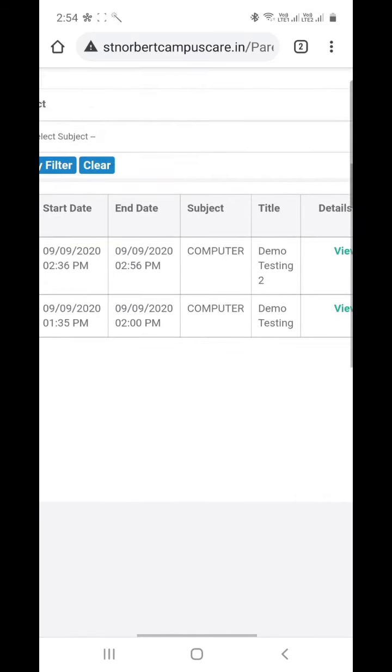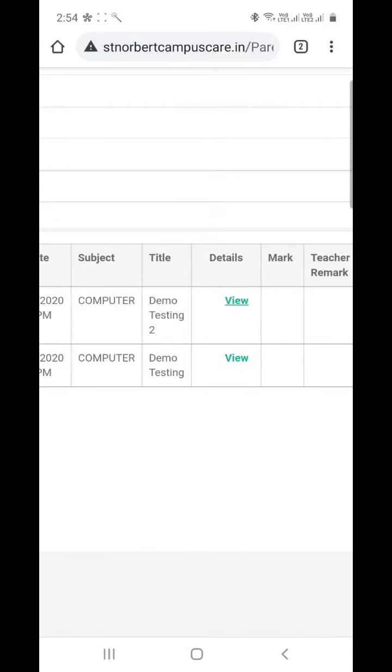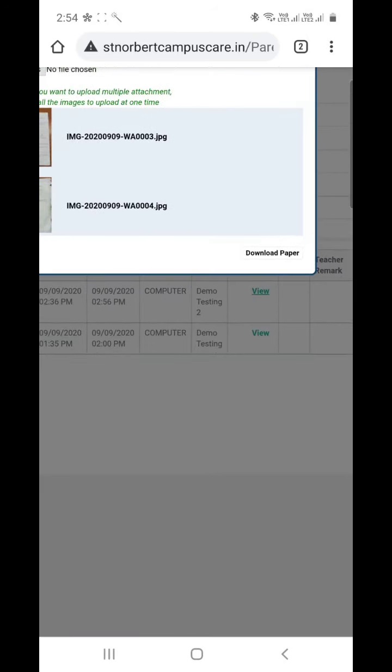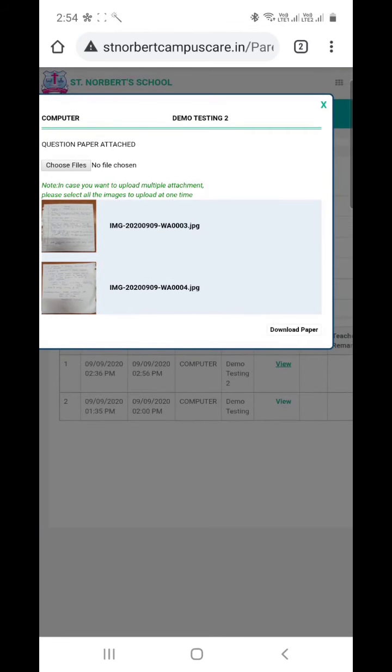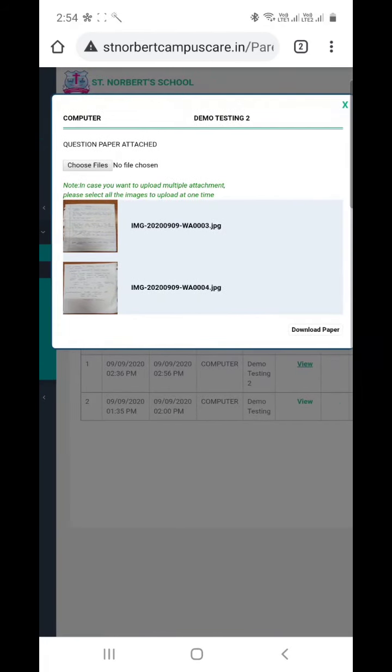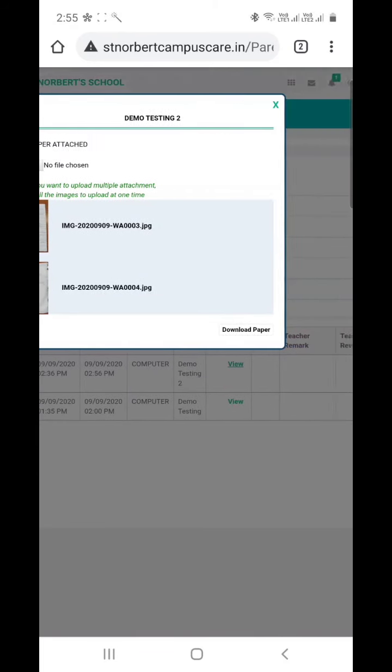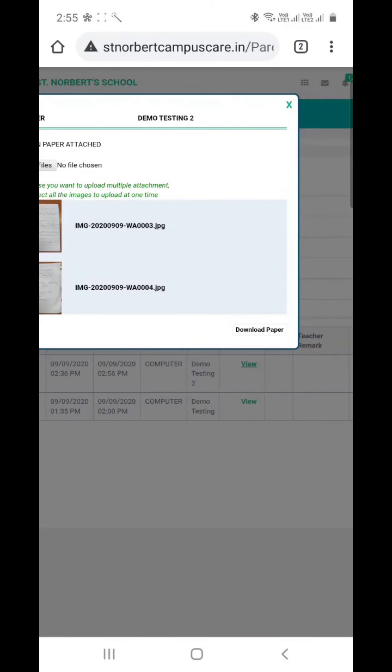Okay, after submission of the paper, you cannot do the same process. If you have clicked on the submit assignment, you cannot upload any other pages. So be sure when you are uploading your paper. As you can see here, two files are now attached, but now there is no submission option coming. So within time, if you want to add some more files, you can add them, but after time you cannot add them. Okay, so after submission of your paper,